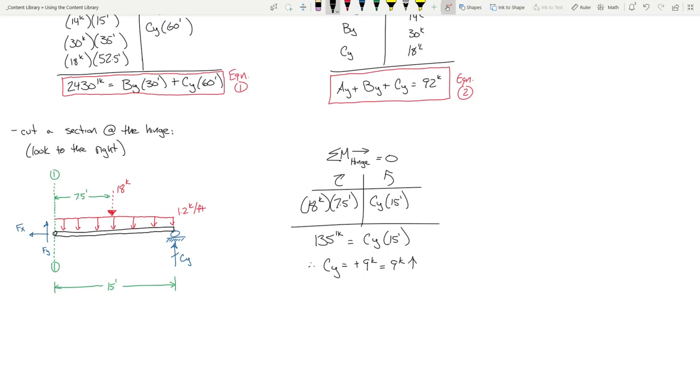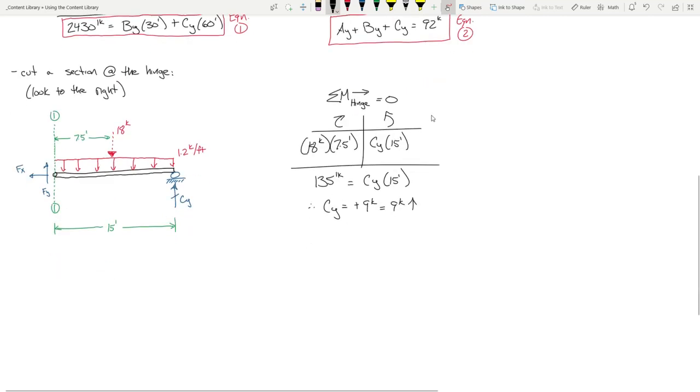So what do you think we ought to do with that reaction? I'll give you a hint. It's on the screen right now. There you go. So we take the 9, plug it into equation 1, and that'll give us BY. Then we'll have BY and CY, plug it into equation 2, we get AY. See? Not too bad, right? So now what I'll do is I'll say